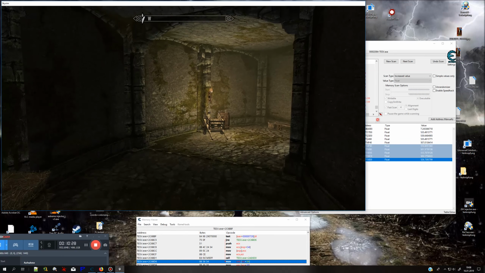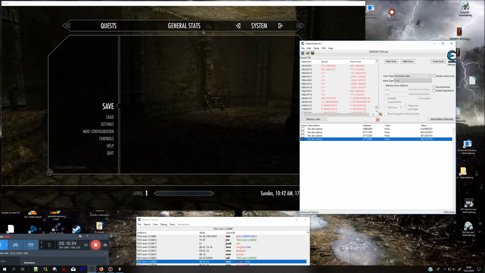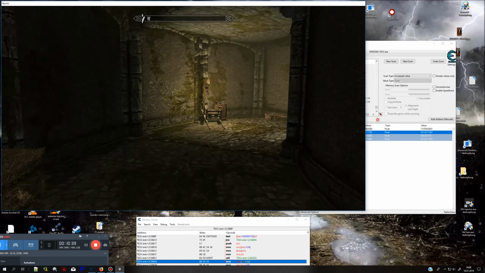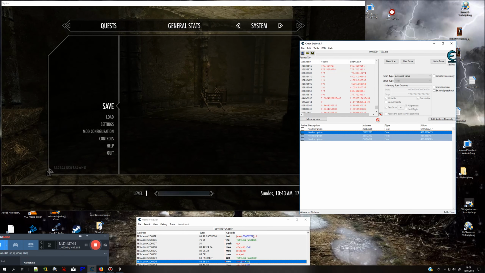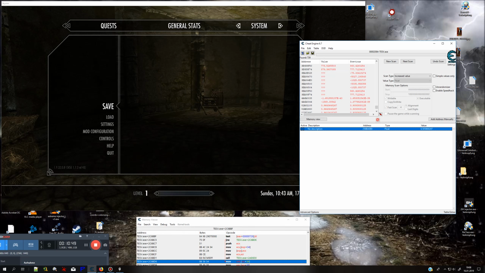I still can jump, so these are not the correct ones. I still can jump. So it's probably this one. Yeah. Okay, so we found the non-static address